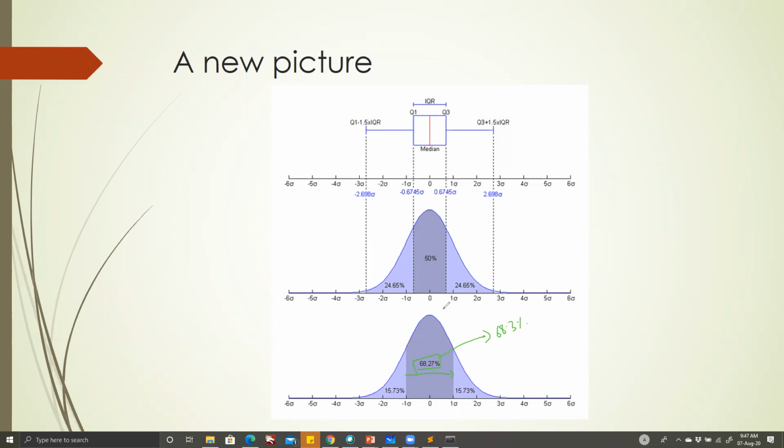But what about the middle 50%, the IQR? How much is the data? We will show you how to calculate all of these values as well. It is from negative 0.6745 to positive 0.6745. And for outlier detection, we mostly go for this standard of Q1 minus 1.5 IQR and Q3 plus 1.5 IQR. That actually happens to be 2.698 sigma in the negative direction and 2.698 sigma in the positive direction as well. So this is slightly less than 3 sigma, to be very honest.